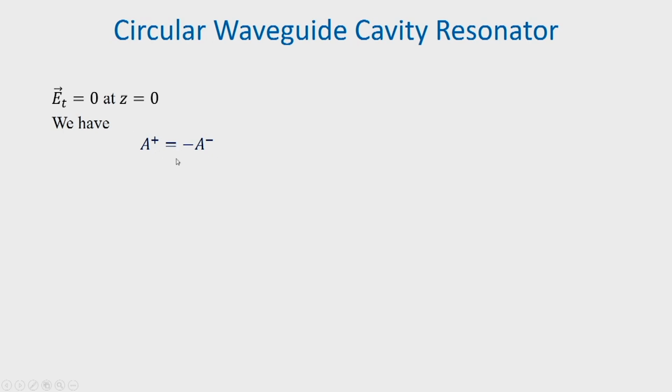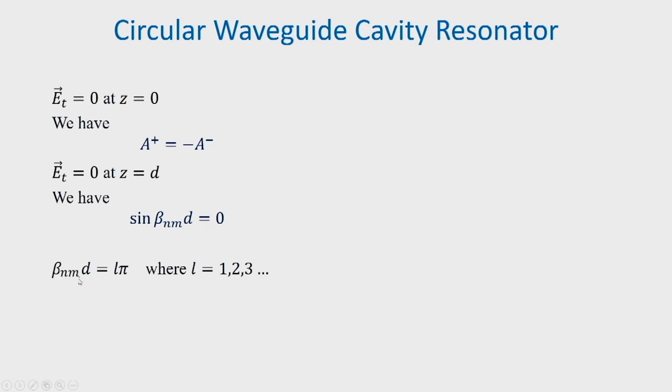Now, when this condition is substituted in the expression of the tangential electric field, we will get a term which is sin beta z, and we know that Et will have to be 0 at z equal to d, and that means sin beta nm d should be equal to 0, and from there we get beta nm should be equal to l pi,